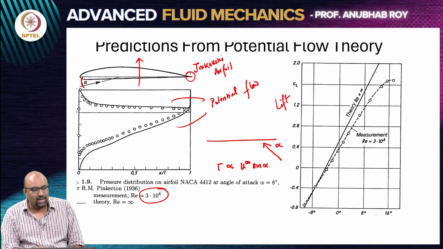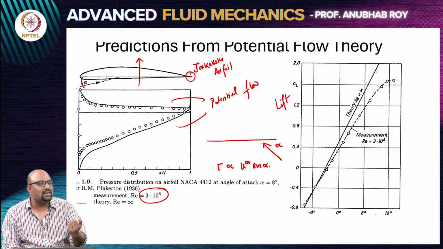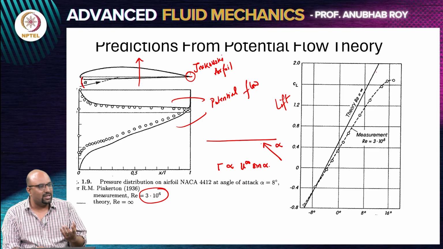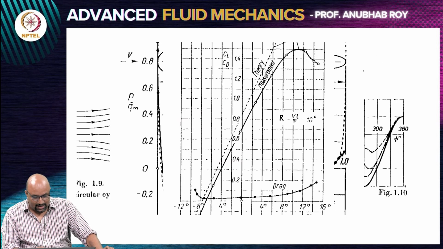So, potential flow theory was enough for the aircraft to stay afloat and fly. What it was not sufficient for was telling you how long it can fly, because that depends on the resistance it experiences from the air. It needs to burn fuel in order to propel itself. If you do not know how much drag you are experiencing, you will not know how long it can fly. You can say whether it will fly or not, but you will not be able to predict the duration of flight. So, potential flow theory extensively helped in designing aircraft, and